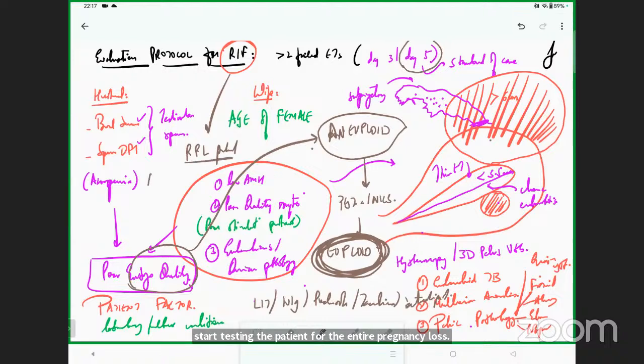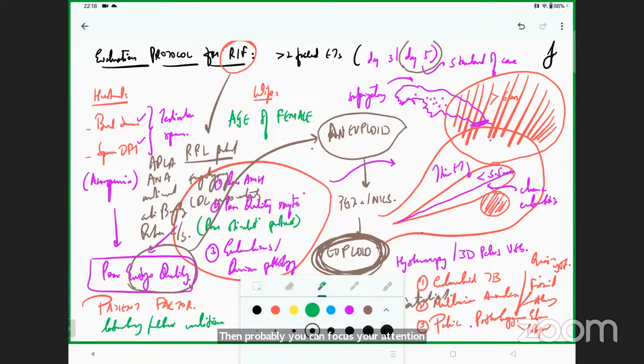You are going to look at anti-nuclear antibodies, anti-cardiolipin, anti-beta-2 glycoproteins. You are of course going to test for APLA, you are going to rule out protein C and protein S, and you are of course also going to do karyotyping of the couple. And these days we also do a CDC cross match. If all this is negative, then you can focus your attention towards giving experimental things in your practice,